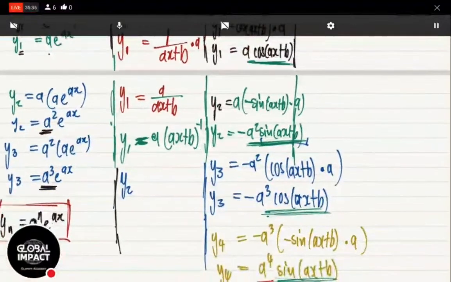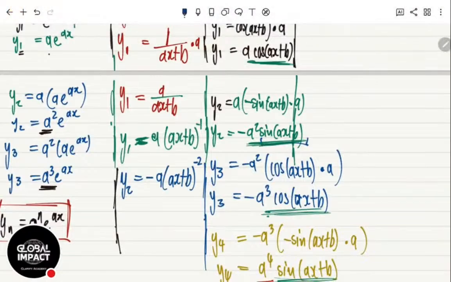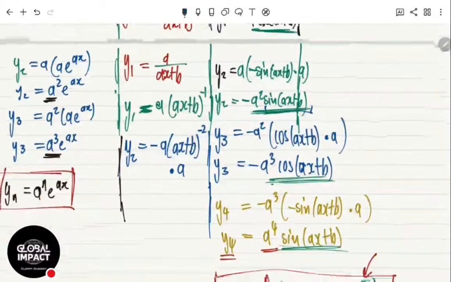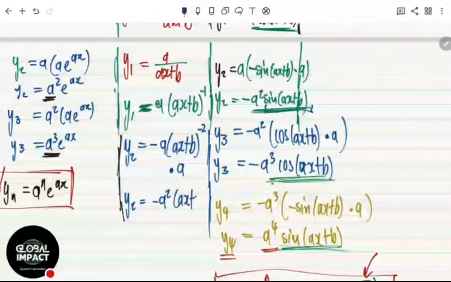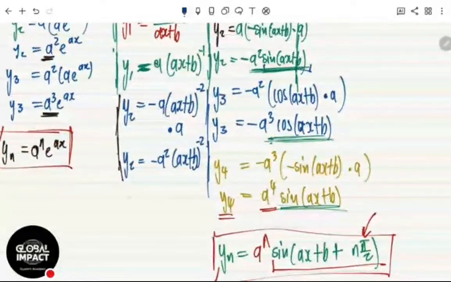So let's differentiate the second time to get y2. I drop that negative 1. It becomes negative a. Then we have ax plus b to the negative 2. Remember, you drop the power, then reduce it by 1. So we drop this power, which is negative 1, and then we reduce it by 1. Then we multiply by the derivative of the inside, because this is not just an x. The derivative of ax plus b is just an a. So basically, we have our y2 being negative a^2 times ax plus b to the negative 2. Are we done? No. Can I get y3? Yes.